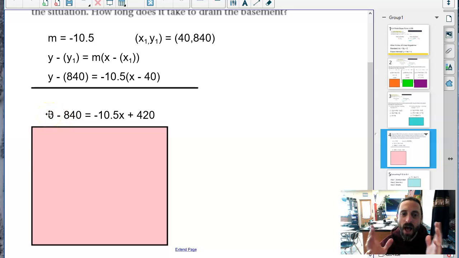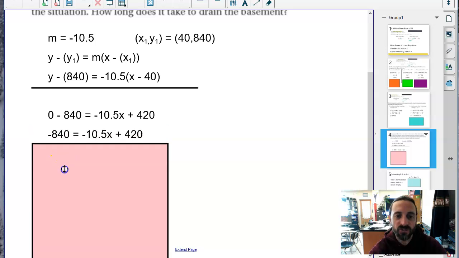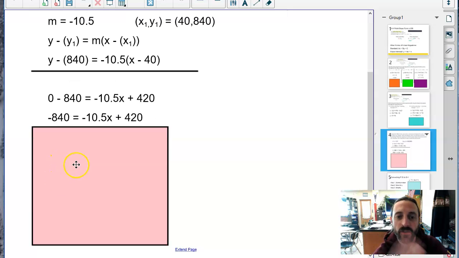At this point, I now have one variable. I have x. I can solve this equation for x, and that will tell me the amount of time it will take to have no water left in the basement. How do I do that? Don't forget, it's algebra. Step number 1, simplify the equation. I've got negative 840, 0 minus 840, equals,